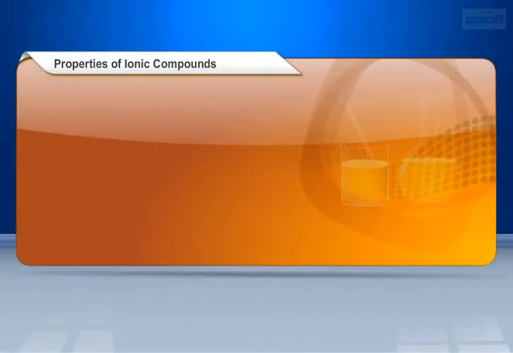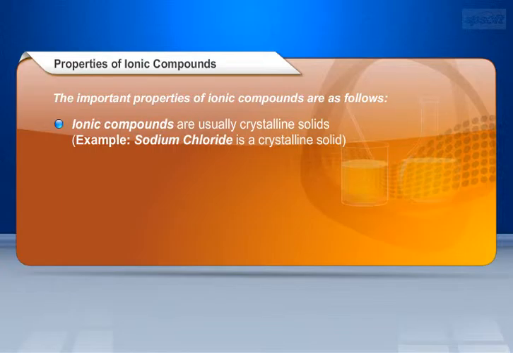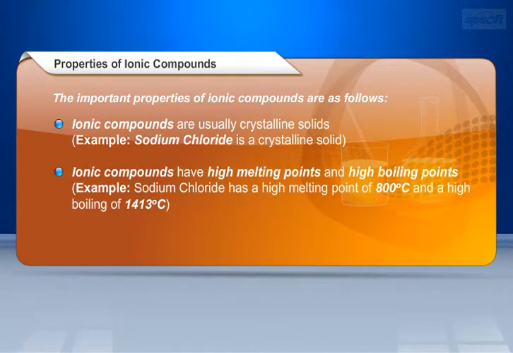Now let us see the properties of ionic compounds. Ionic compounds are usually crystalline solids. For example, sodium chloride is a crystalline solid. Ionic compounds have high melting points and high boiling points. For example, sodium chloride has a high melting point of 800 degrees centigrade, and a high boiling point of 1413